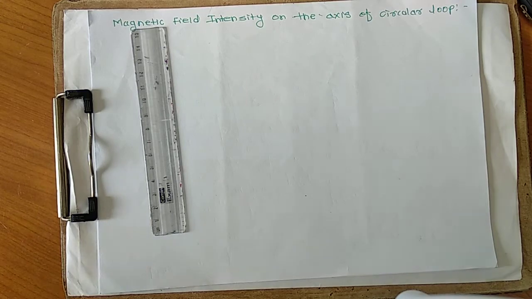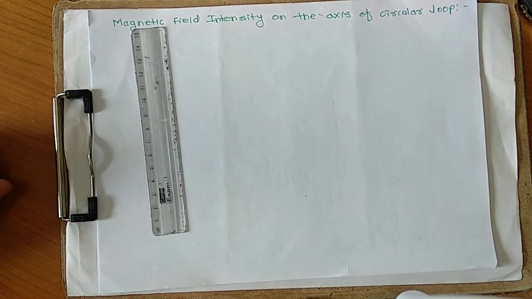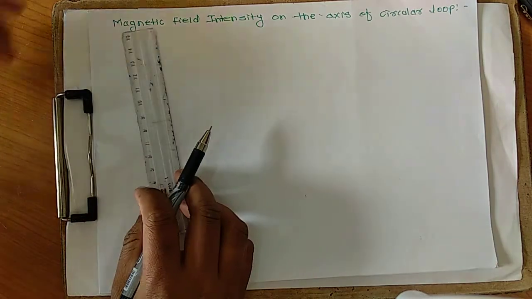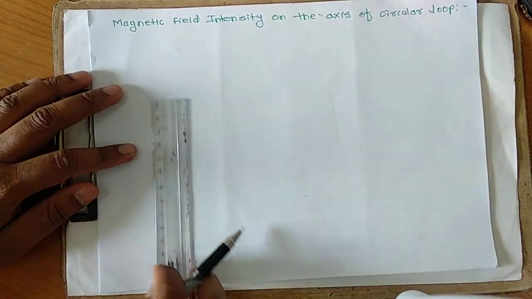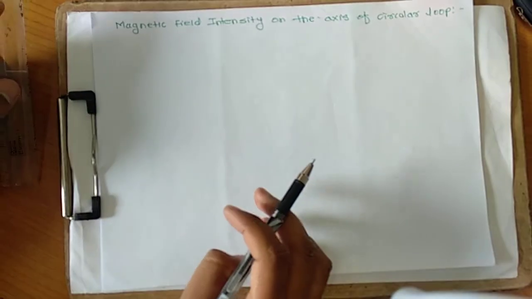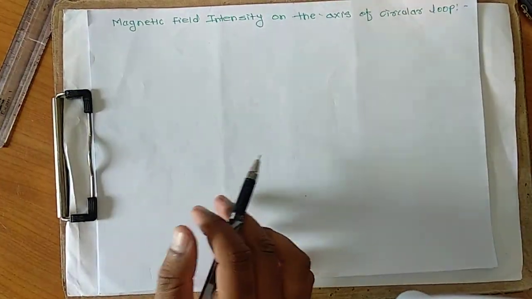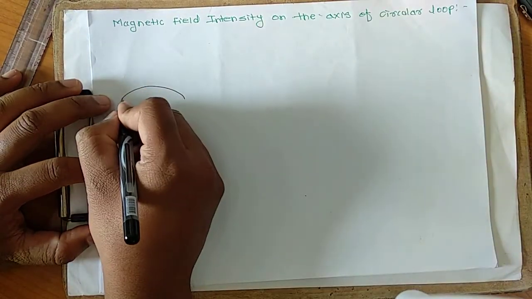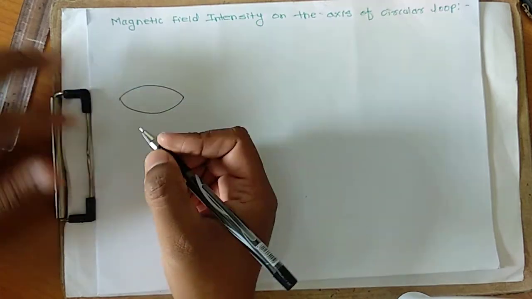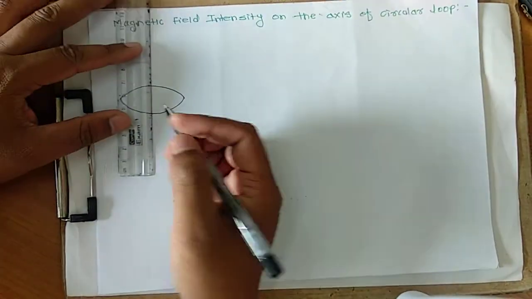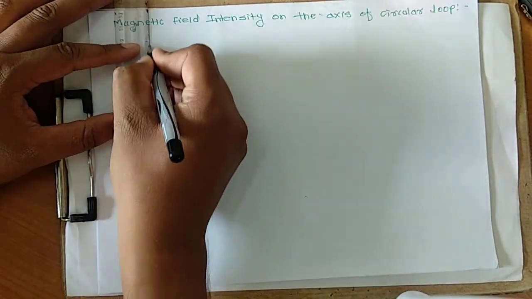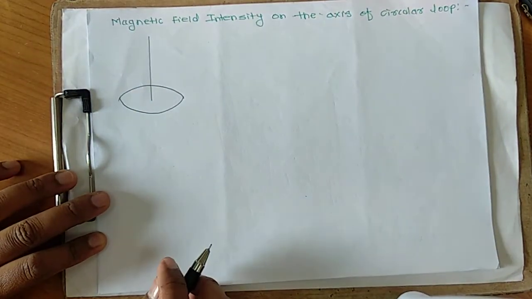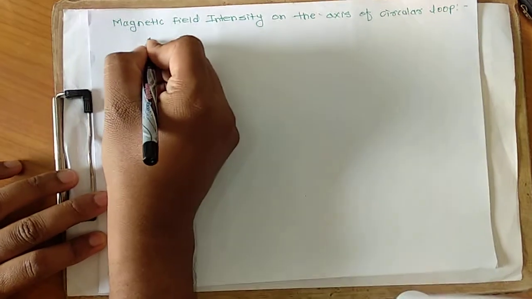In the last lecture we have seen the magnetic field intensity due to the line charge, and today we are going to see the magnetic field intensity on the axis of a circular loop due to that ring. So I will draw this so you will understand the concept. So this is a circular ring, and we have to draw the axis of the circular loop. On the axis of the circular loop, we have to find